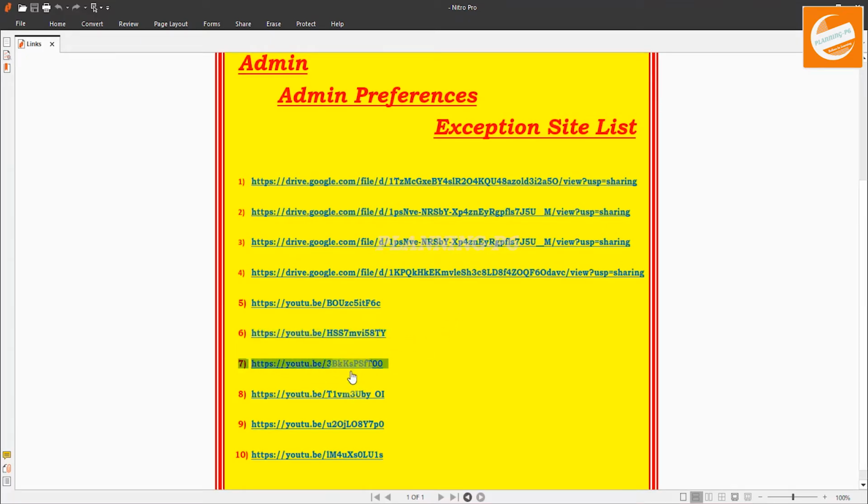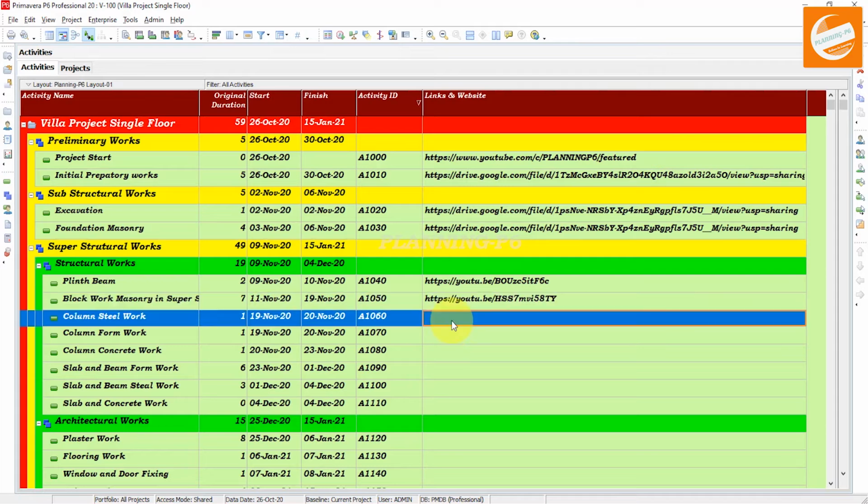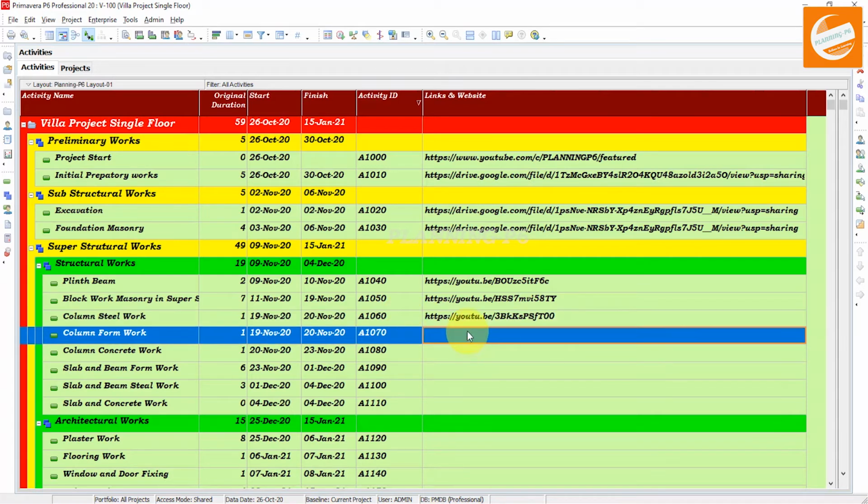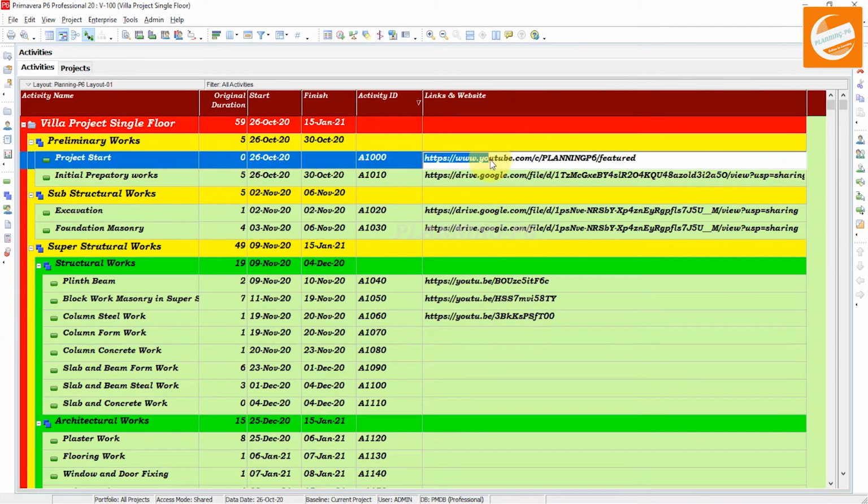Okay, and paste. Now these are the links. If I go there, in the first link you can see here, if I copy this link and I have to open my Google Chrome or Opera or something, then it will work. Copy and paste. How can I check it directly by launching it from Primavera?